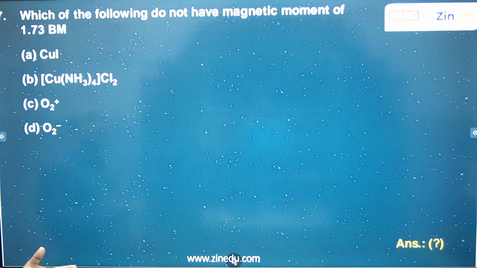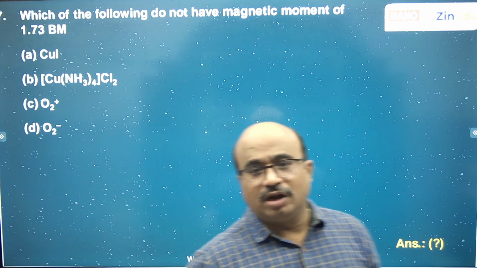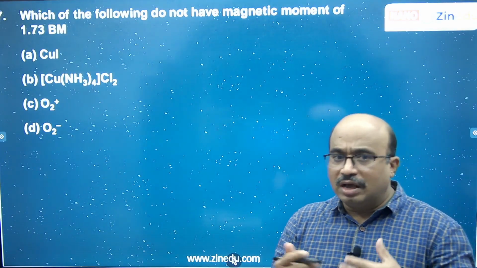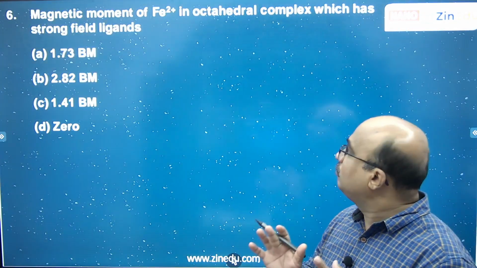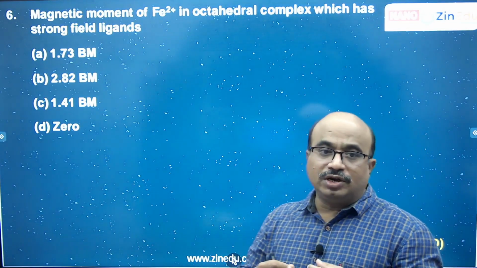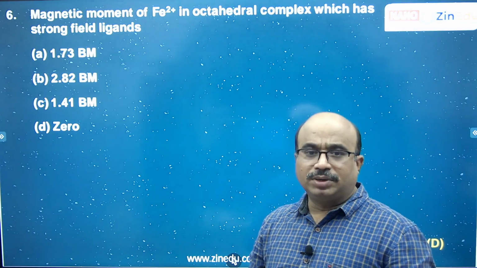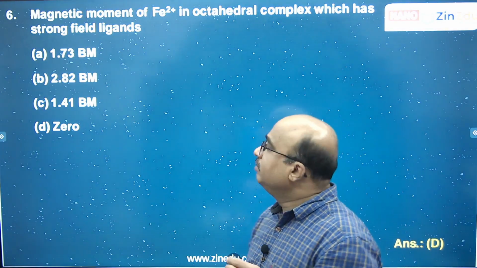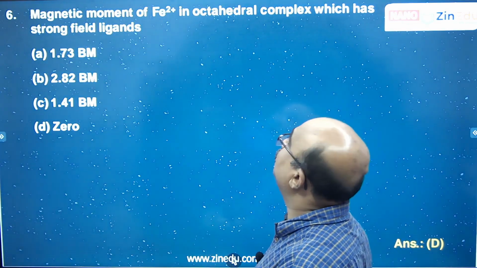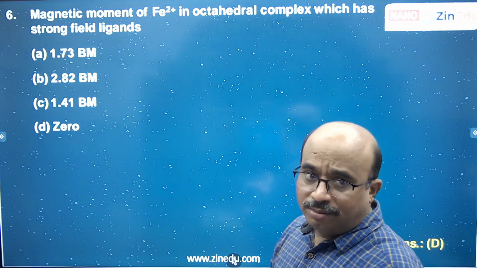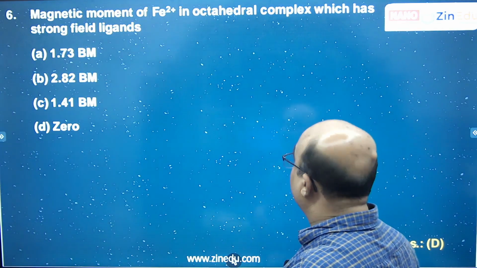Which of the following do not have a magnetic moment of 1.73? See, there are so many questions which will always be in mains or advanced, you will be seeing from the complex compounds. So mostly it is related to, let us say, color, magnetic properties, everything in that. If you just go through carefully, then it is so easy, because repeated questions will be coming for us.